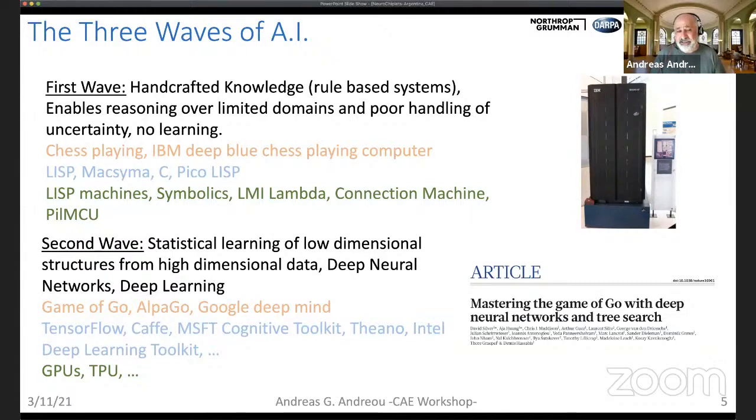It is really about statistical learning of low-dimensional structures from high-dimensional data. And today, we associate that with deep neural networks, deep learning. The whole world is going crazy about AI, mostly because of advances in deep learning and deep networks. And perhaps one of the most remarkable achievements of this technology